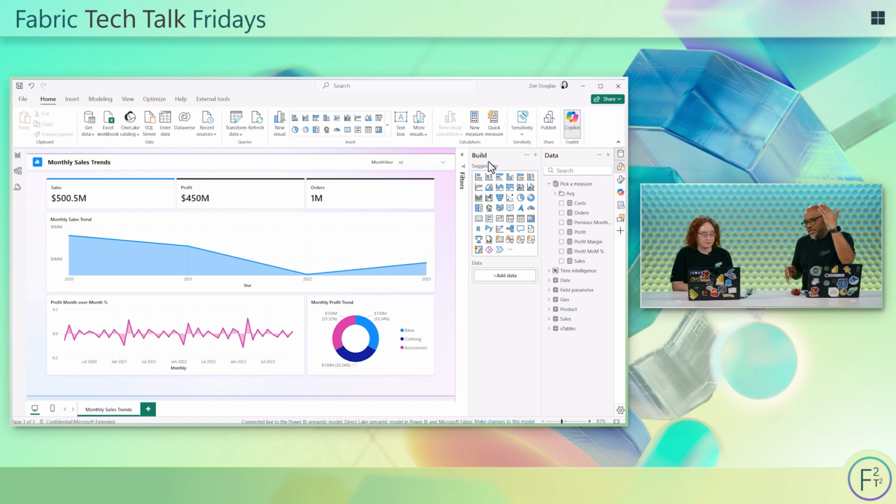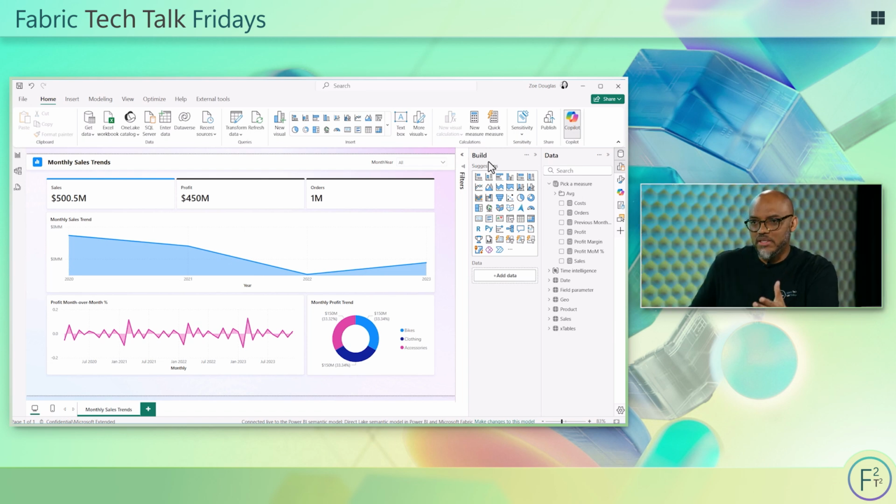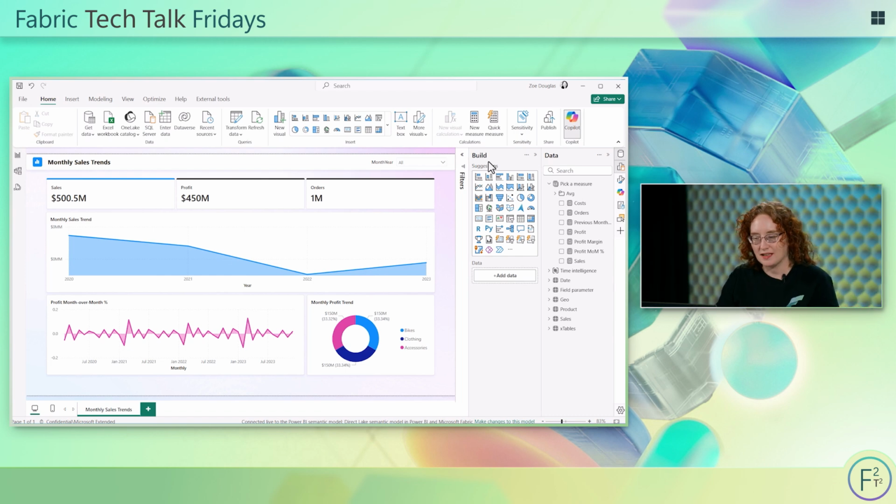right? We went from, hey, I have some data, to a nicely formatted report with some DAX measures that created some logic in it. Exactly, those DAX measures. It was great. And we have Copilot helping us every step of the way